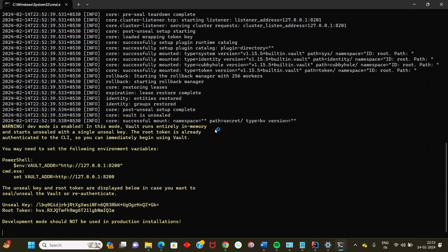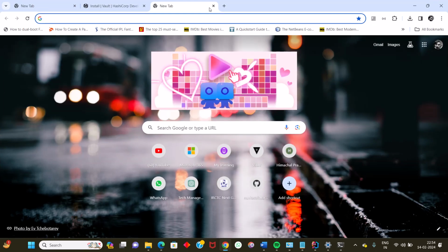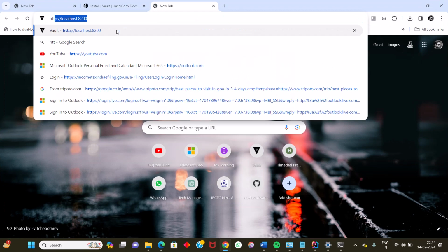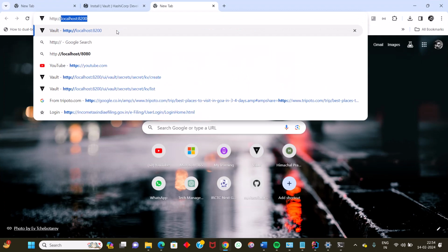And as you can see from the output itself, it is saying that the Vault address is HTTP://127.0.0.1, which is a default IP for the localhost, and it is running on port 8200. So let's try to type in